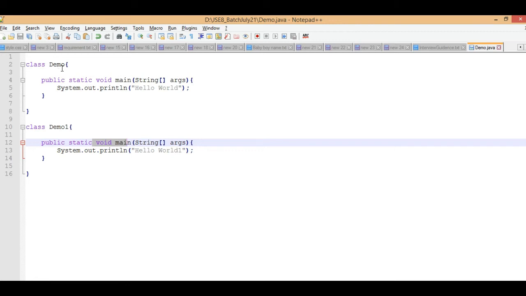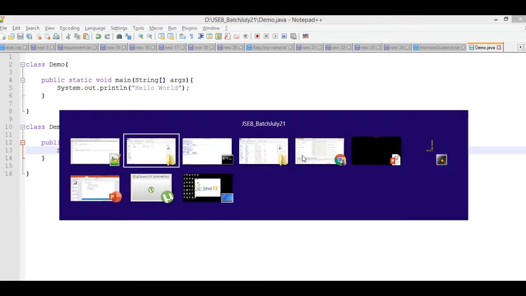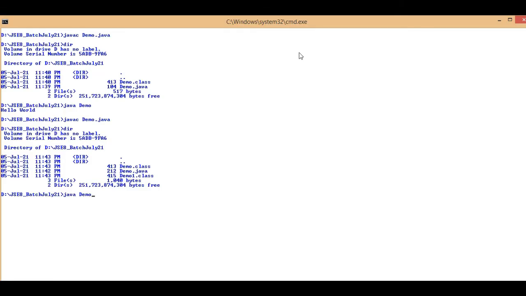If I give the class name demo, then this method will be executed. If I give the class name demo1, then this method will be executed, and the output will be hello world 1. It cannot change because we need to compile again. So now java demo and java demo1, hello world 1.